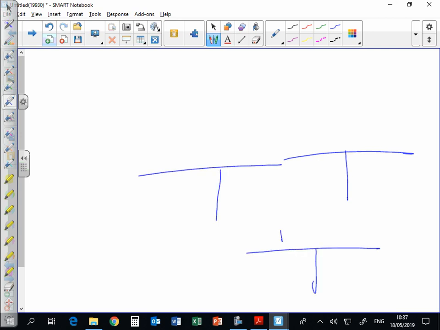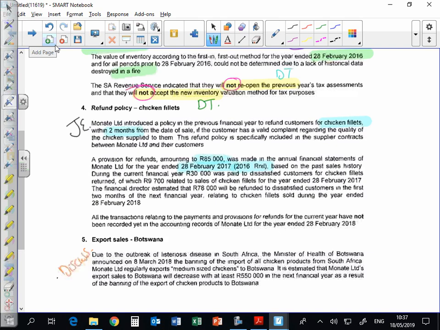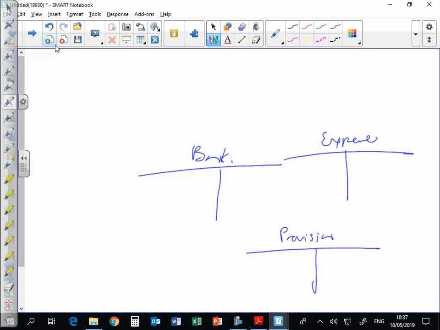So we've got a provision, we've got an expense, we've got bank. Those are the 3 accounts that are affected by our provision. A provision for refund amounting to 85,000 was made in the annual financial statements for the year ended 2017. Right, so in terms of our provision, we started with a closing balance in 2016 of 0. In 2017, we had a closing balance of,